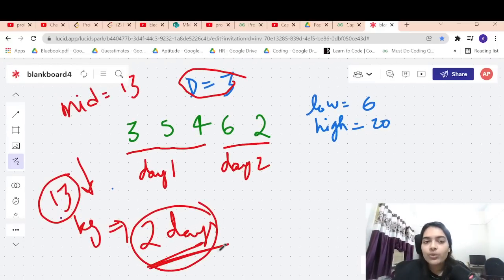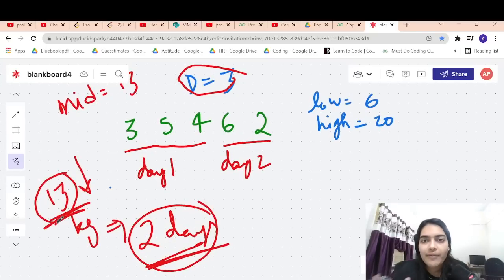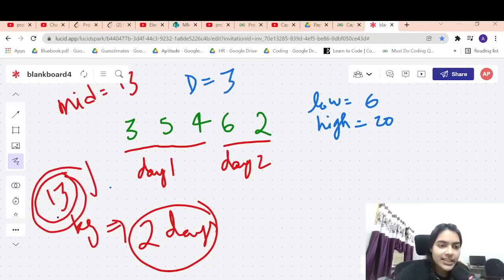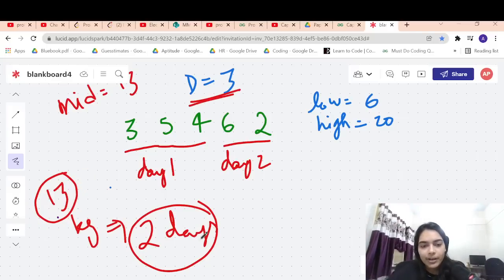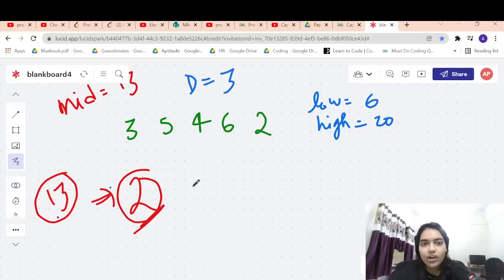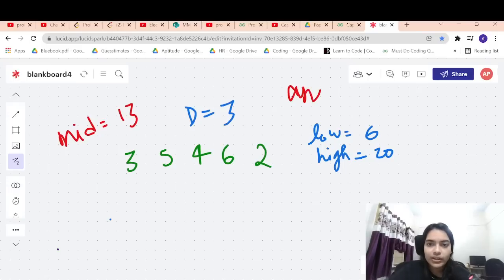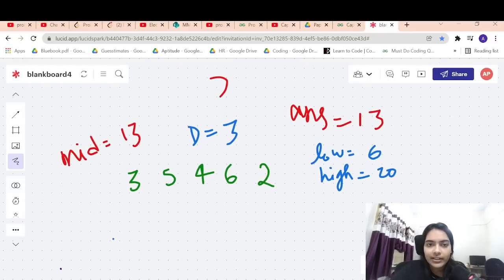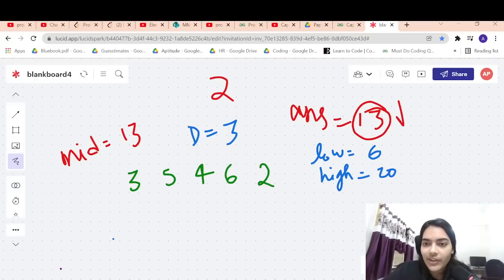See, why do you want to unnecessarily have a boat of larger size, when you can decrease the size and you still have more days? More options are available. So you should decrement the size. If you minimize the weight of the boat, maybe you can get a better possible answer. So in this case, since 13 is giving us the answer of 2, 13 is also a good possible answer, right? So we can store 13, but we can get a better answer than 13 because 13 is also satisfying the condition. It is giving us the answer within 2 days and 2 is less than equal to 3. It is very good, but we have to minimize the answer. We have to try to decrement the answer.